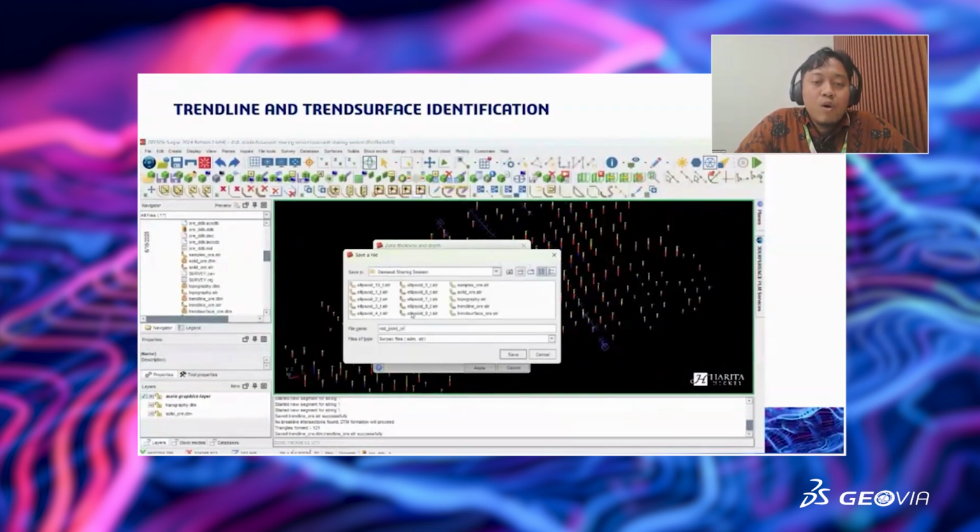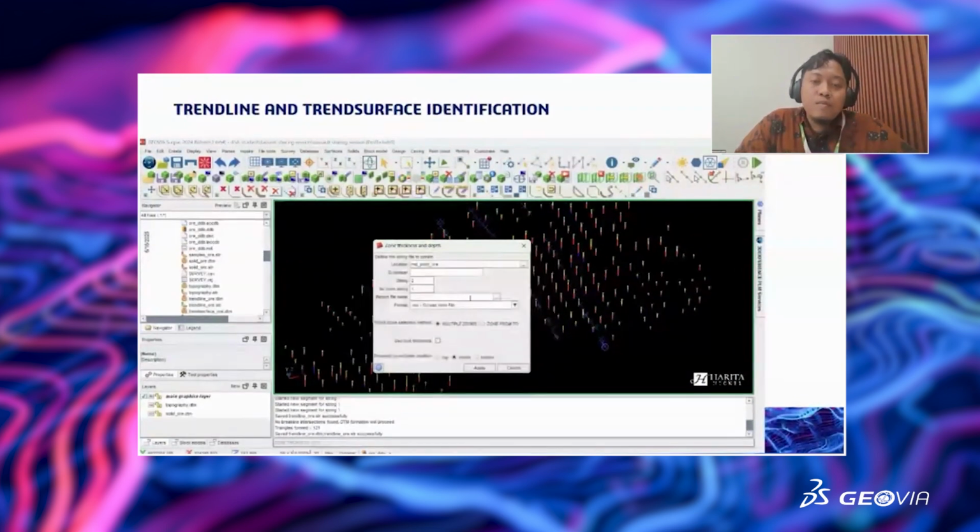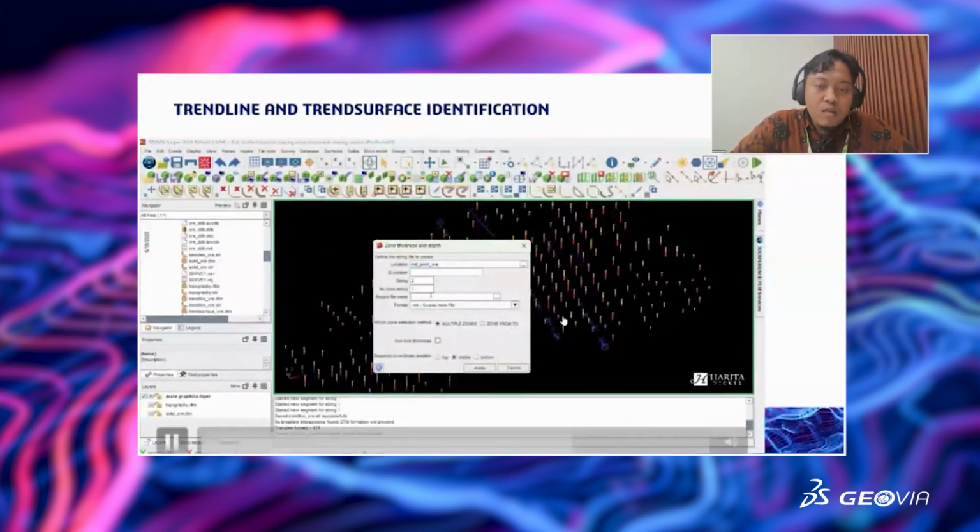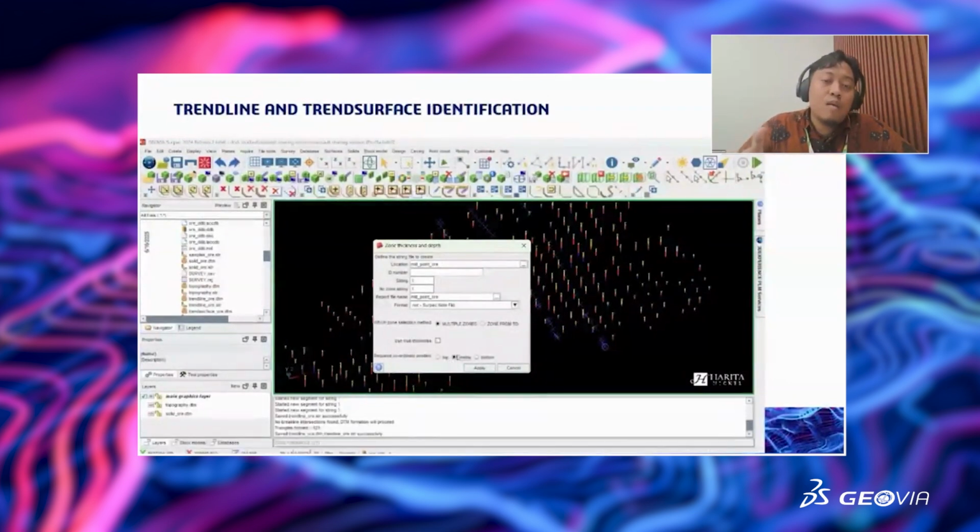I will create the midpoint of the ore here, and we use the same report name. Just make sure your required coordinate position is the middle, because we will extract at the middle of my domain zone here.